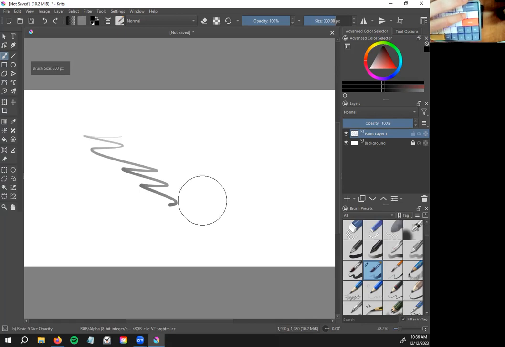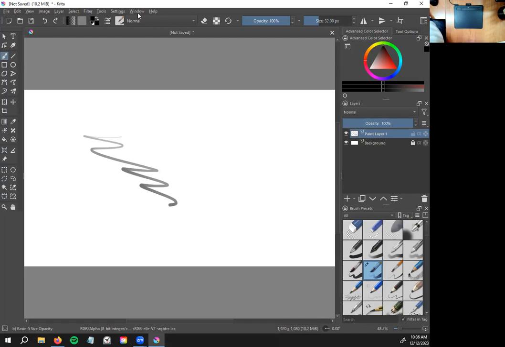The left bracket or the right bracket increases the brush size. And then if I hold the left bracket, it's going to decrease. That circle is going to get smaller so that we can change the size, the largeness or the smallness, of our brushes here. All right, so next what we need to do is take your mouse and go up here